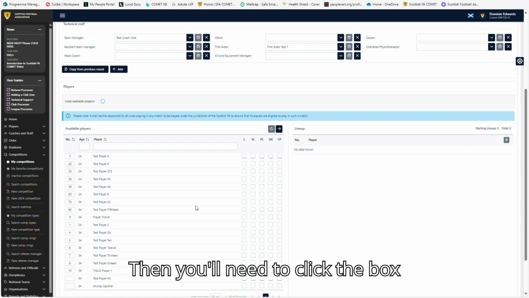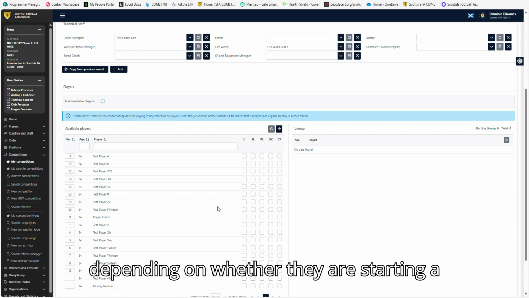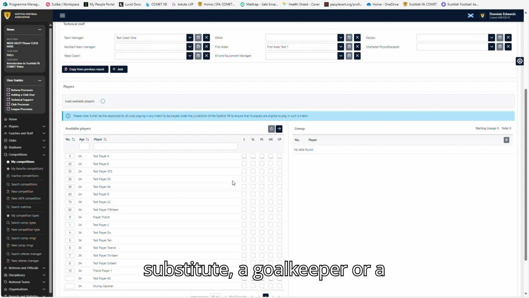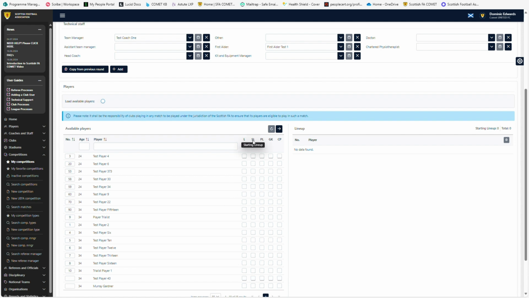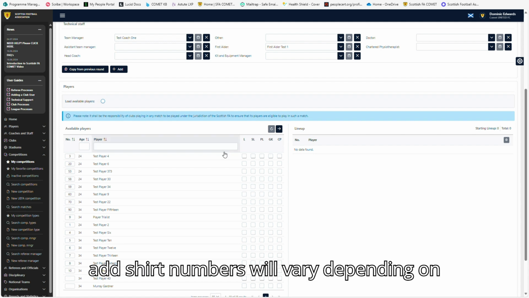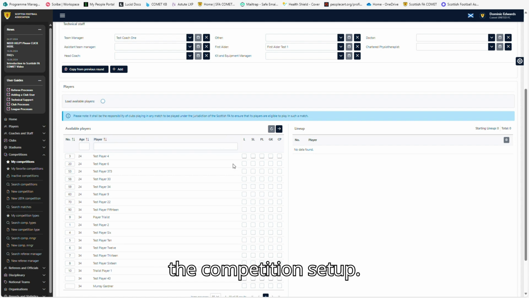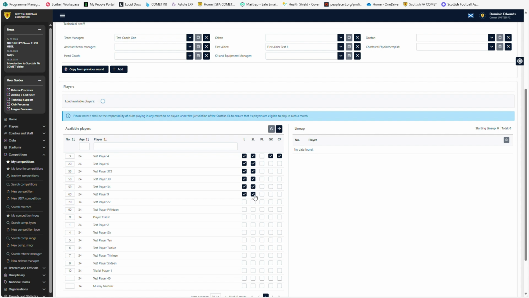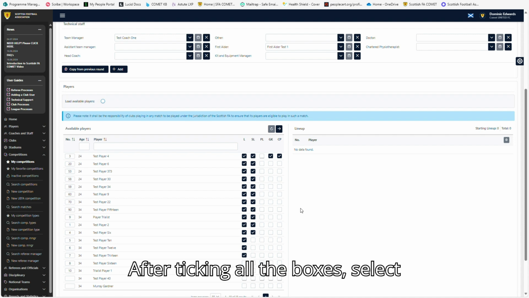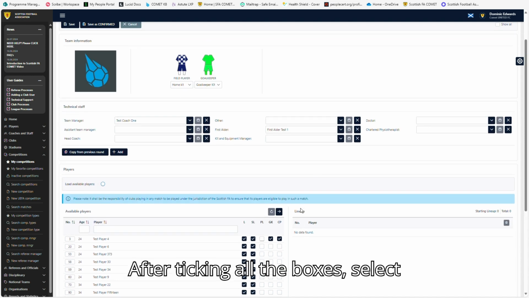Then you will need to click the box depending on whether they are starting, a substitute, a goalkeeper or a captain. The requirements to tick these boxes and add shirt numbers will vary depending on the competition setup. After ticking all the boxes, select Save